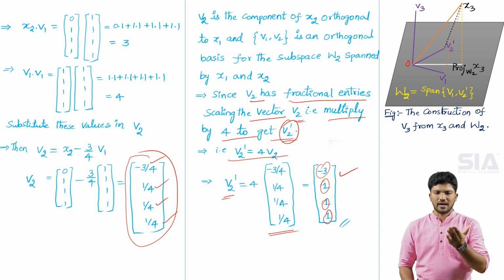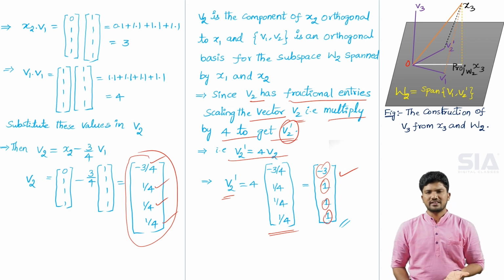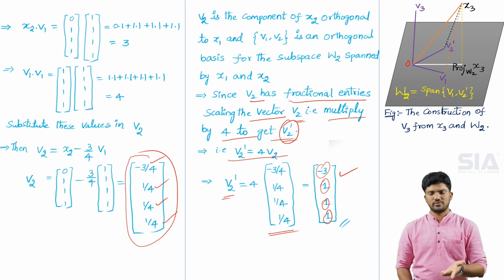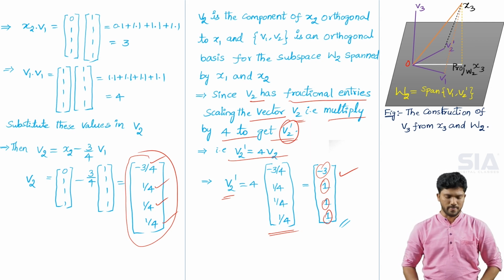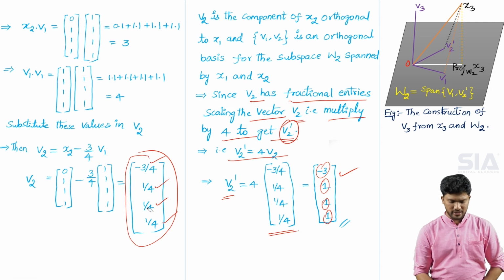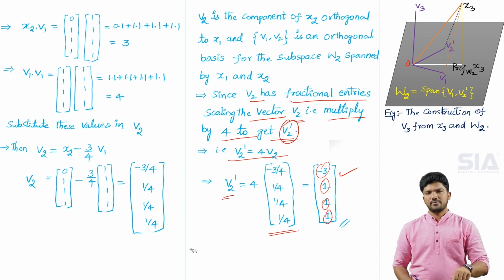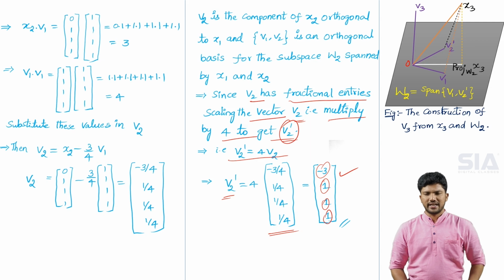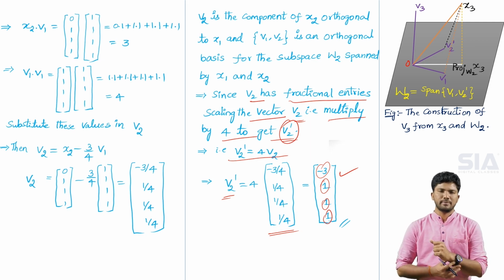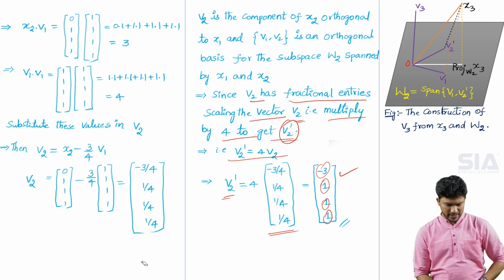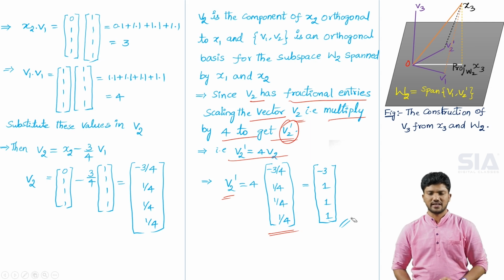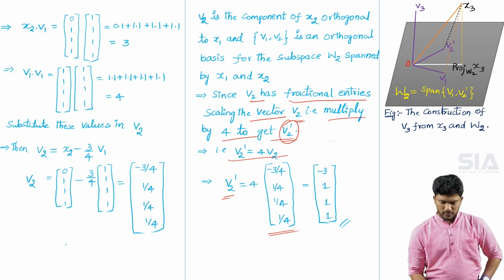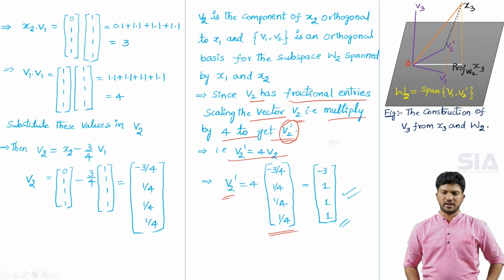Scaling is nothing but multiplying by the value in the denominator: if it is 4 we multiply by 4, if it is 5 we multiply by 5. That process is called scaling of the vector. Since the vector V suffix 2 has fractional entries, to avoid them we scale the vector V2 by multiplying by 4. Why? Because 4 is the denominator value. So the resultant vector is V suffix 2 dash, which is minus 3 1 1 1. Okay, so this is the resultant vector. Next